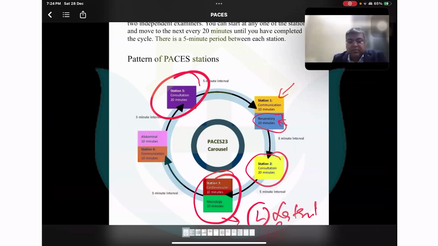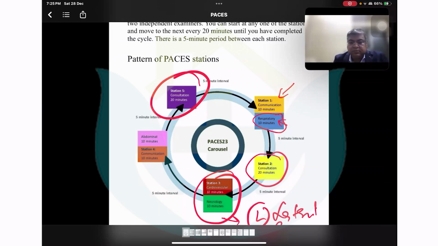Hello. So in the communication station, they can give you any patient who has had a treatment, or maybe there is a new drug. For example, they will tell you, okay, fine, doctor, I was told that there is a new drug for MND. My father has MND, and there is a new drug. So can you tell me about it? He will just open up the consultation with you, and then you would have to tell that MND is a progressive disease, and this is this.